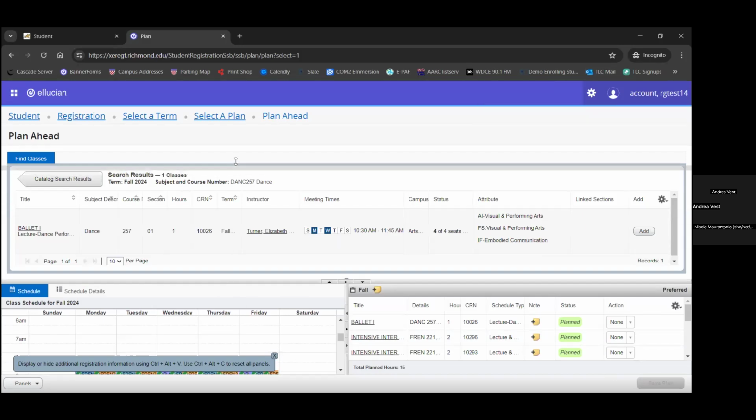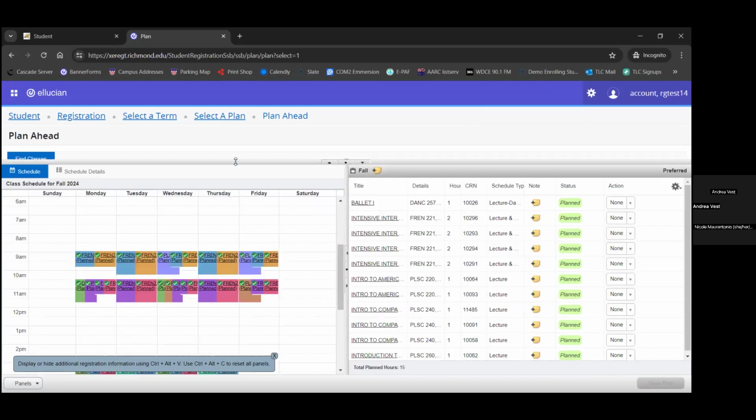Now, at this point, I've added them now to my plan. And you can see on the right, the list of courses, and on the left, when those courses meet. So at this point, it's important not to be concerned that many of these courses actually conflict in terms of time, because the registrar's office is going to ensure, one, that you're not registered for any courses that conflict, and two, that for most students, only one course from this listing is going to be a course that you're pre-registered for.